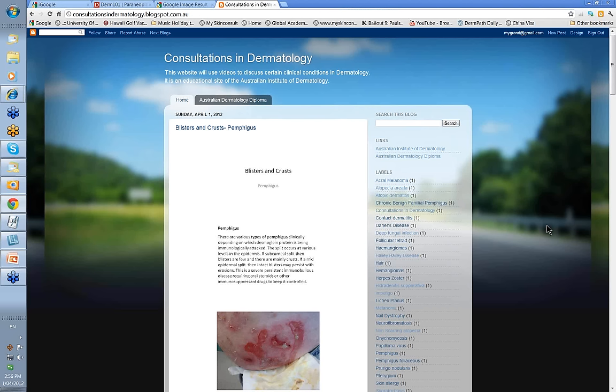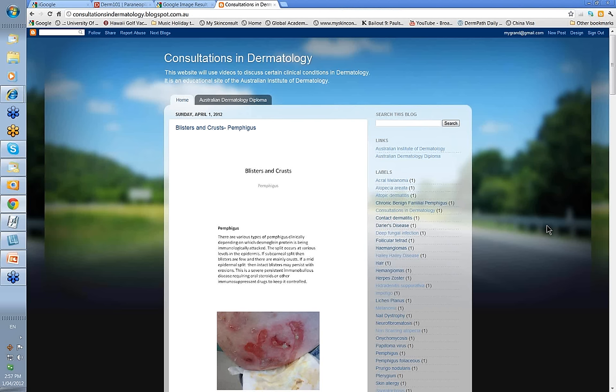Now, quick bit of pathophysiology. Desmoglein 3 is found in the mid to lower part of the epidermis, and desmoglein 1 is found in the upper part of the epidermis. Desmoglein 3 is also found on mucosal surfaces, whereas desmoglein 1 isn't. And the knowledge of that helps to explain the pathophysiology and the clinical presentations of the various forms of pemphigus,